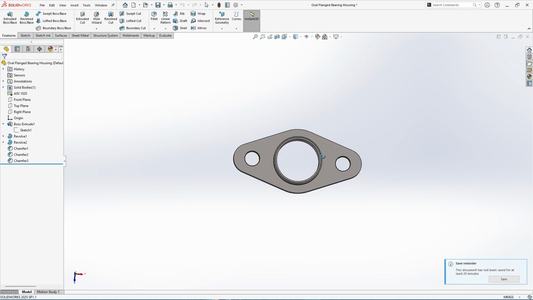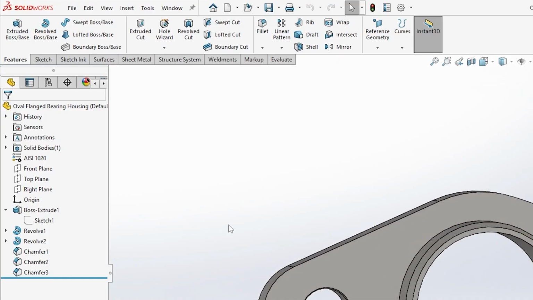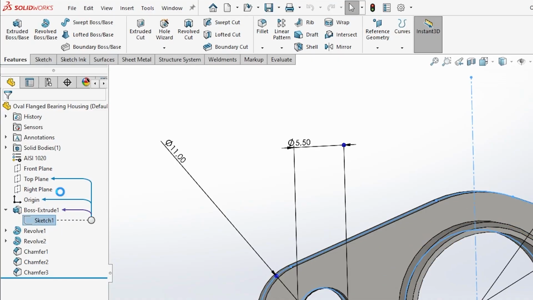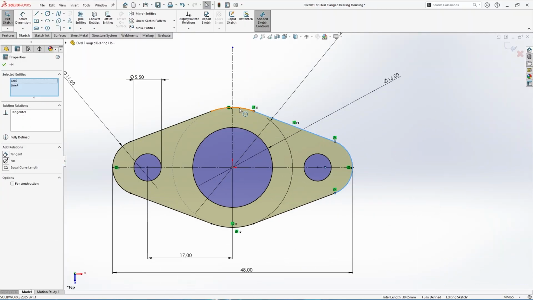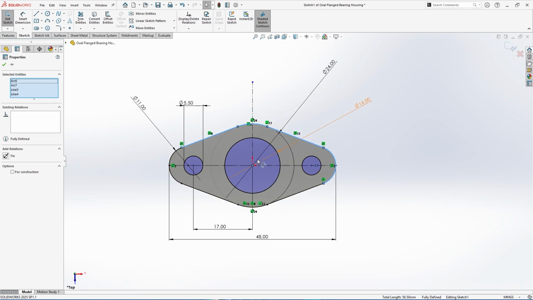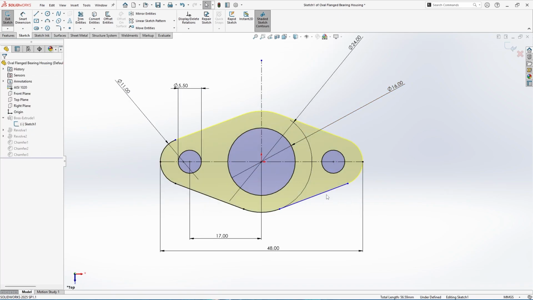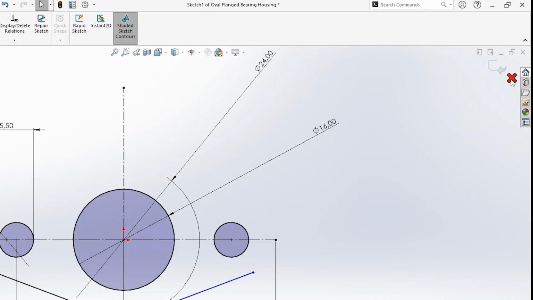Now let's make a change by removing some elements. Go back to the same sketch, right-click it again, and choose Edit Sketch. This time, instead of adding, we're deleting. Hold Ctrl, select multiple lines, and delete them all together. When you're done, click Exit Sketch again.